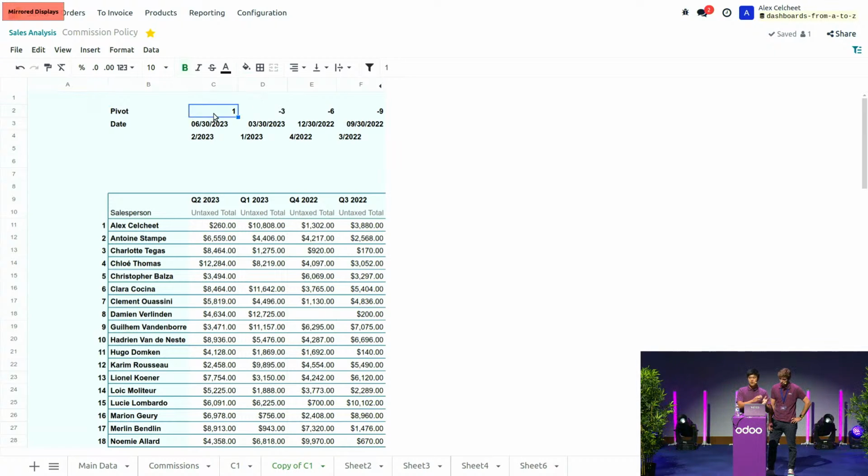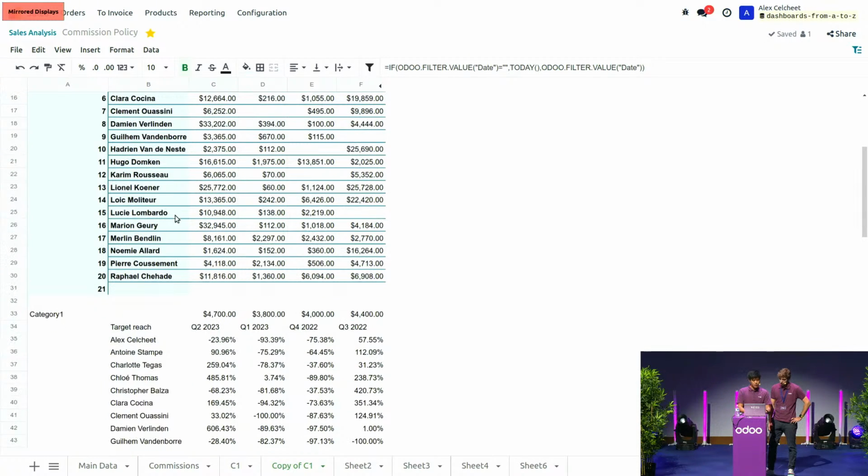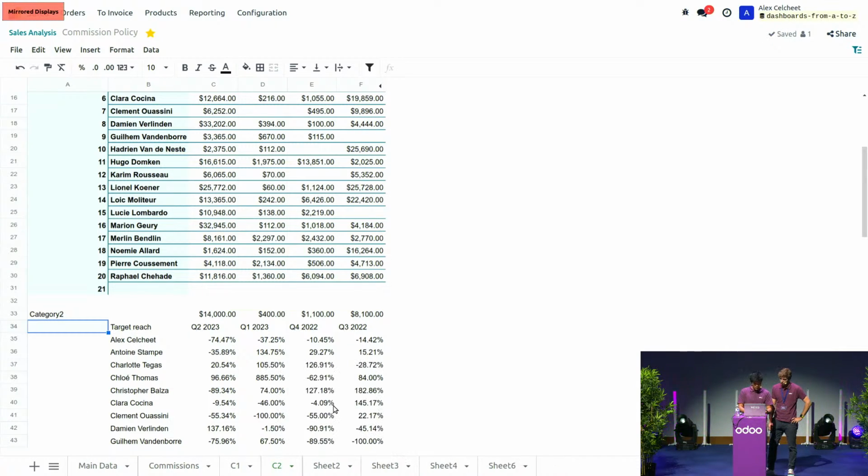So category number 2 is linked to pivot number 2 as well. So I'm just changing the pivot here to be number 2. And as for the targets, I don't want to see them from category 1, but category 2 instead. And then everything is already done, right? So let's just do that together for the 2 last ones, and then we'll be good to go and combine